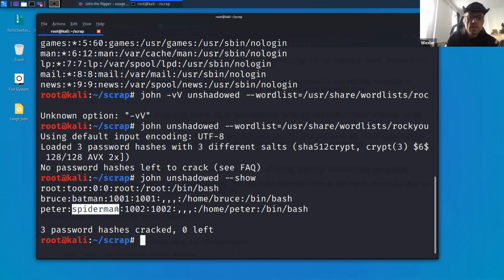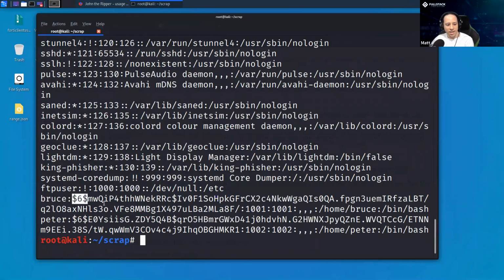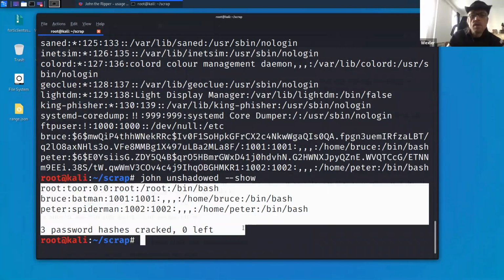Just a quick technical question. Sure. When you do that, John rewrites the file, basically? No. I'll still have that unshadowed file, and it'll still look like that. It still has the hashes inside it. John makes its own little database. So if you give it the file again with the option --show, it'll show you what it cracked. So maybe you would cat that or put that into another file. Yeah, I'd put that into another file.